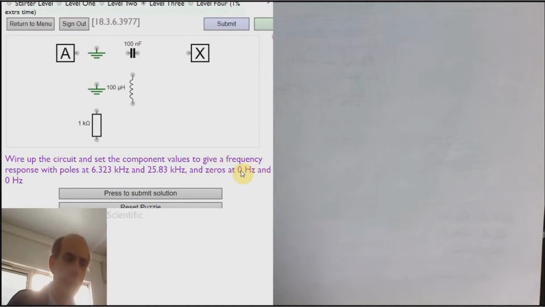That means that there have to be two things which are forcing the output here to be 0 as the frequency gets lower and lower. And there's only two things here that have a frequency-dependent impedance, the capacitor and the inductor. Both of those have to be in the circuit such that they force the output here to be 0 at low frequencies. And that means that we need an inductor like that going to ground,